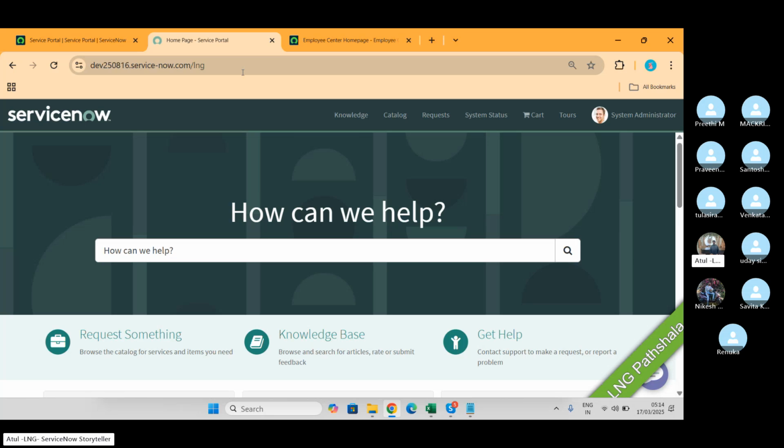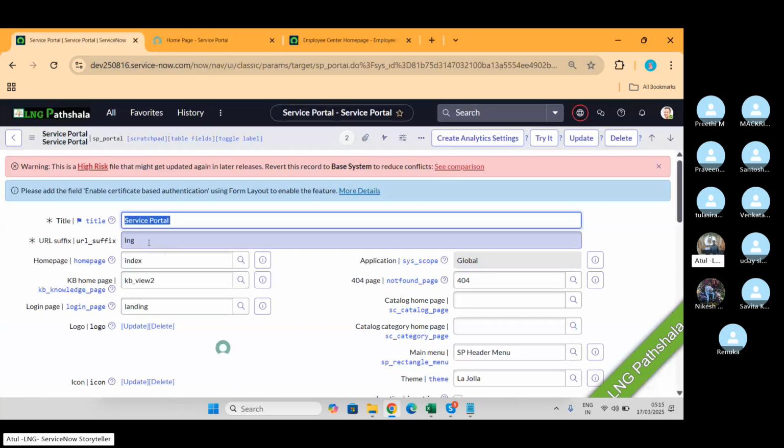Same portal, but the suffix has been changed. But it works globally, meaning anybody who is using this portal will get impacted. So generally we don't change the suffix there. But as we are doing the PDI and we are learning, we can make a change here.